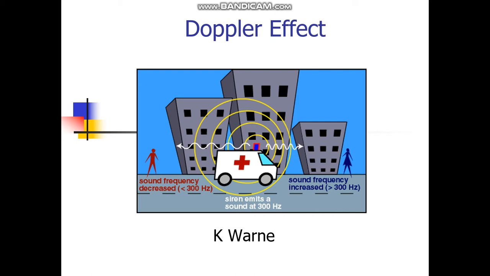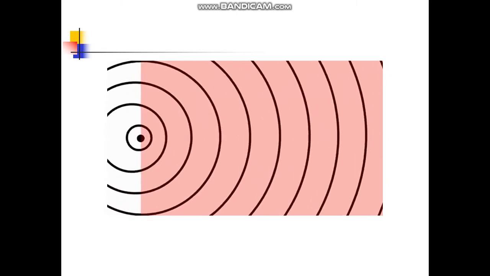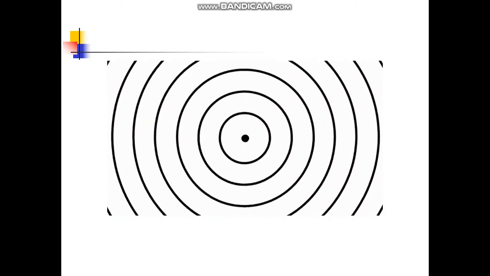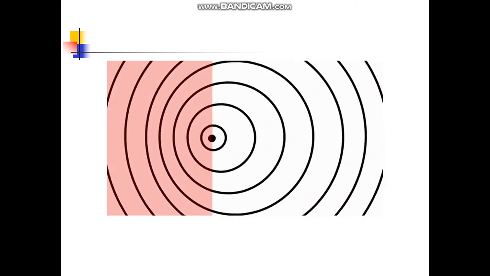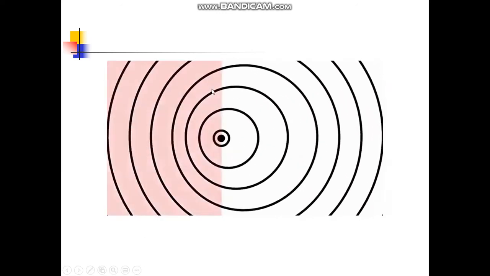All right, so we're going to start Doppler effect. Let's see if we can get this moving. Okay, so this is a little GIF showing you an object that is sending out waves. You can imagine it's maybe an ambulance or a siren or something that's got a sound wave going out from it. And you can see when it's standing still, the waves move out in all directions at the same